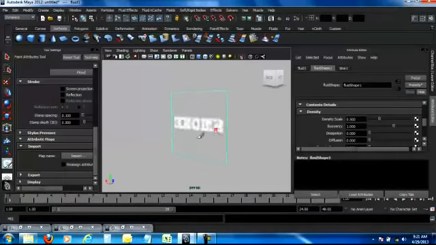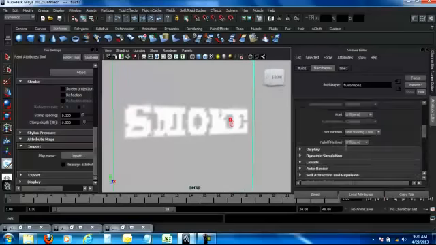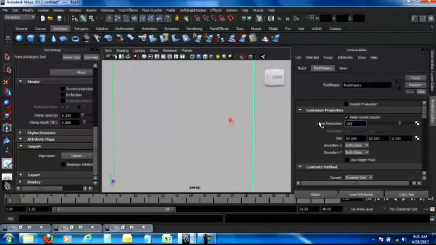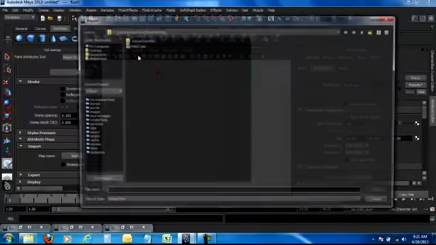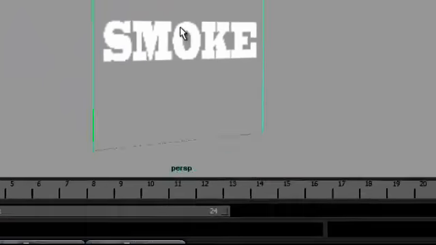Yeah, let's go to shaded mode. You can see smoke has come, but obviously it's kind of blurred here, the aliasing has gone down because my base resolution is low. So I'm going to take up a base resolution somewhere around 150 and I'm going to import this once again. So now you can see it's much more clear.